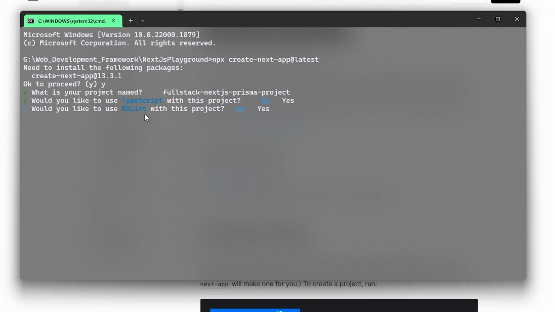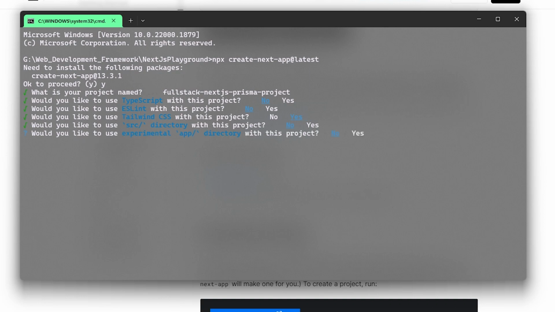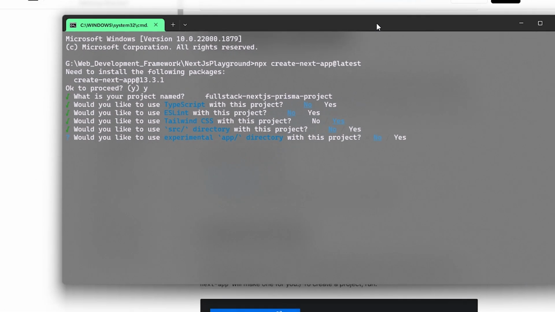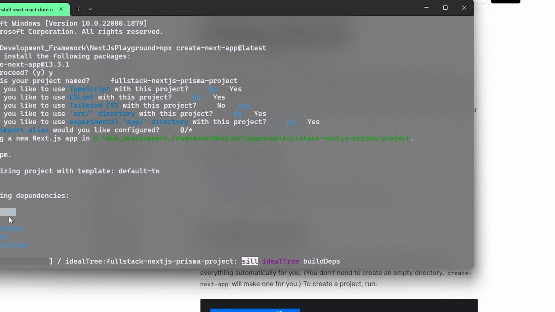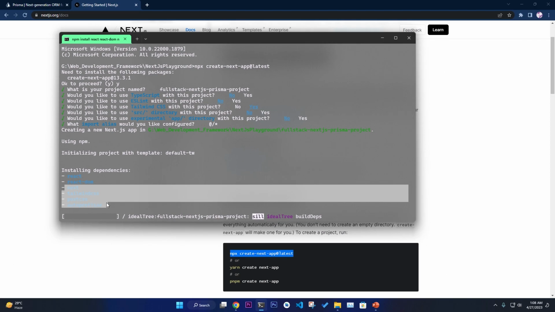And then it says, would you like to use ESLint? I just said no. And then it says, would you like to use Tailwind CSS? Yes, I like to use Tailwind CSS sometimes. And would you like to use the source directory? No. And would you like to use the experimental app directory? No. And would you like to import aliases like configured? Okay. And if you did everything right, it will install React DOM, Next.js, Tailwind CSS, PostCSS, and